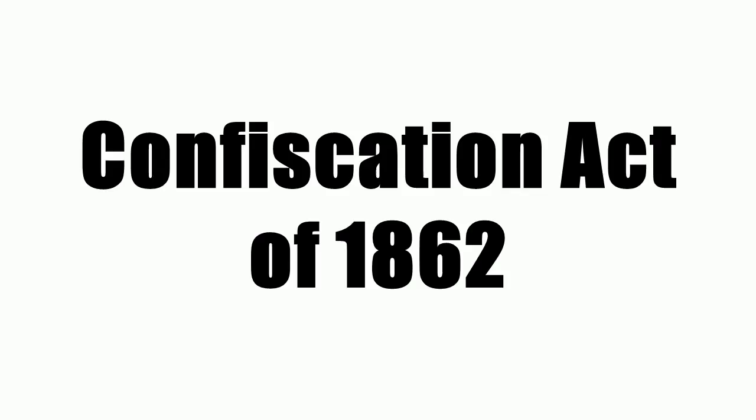Sec. 6. And be it further enacted, that if any person within any state or territory of the United States, other than those named as aforesaid, after the passage of this act, being engaged in armed rebellion against the government of the United States, or aiding or abetting such rebellion, shall not, within 60 days after public warning and proclamation duly given and made by the President of the United States, cease to aid, countenance, and abet such rebellion, and return to his allegiance to the United States, all the estate and property, moneys, stocks, and credits of such person shall be liable to seizure as aforesaid, and it shall be the duty of the President to seize and use